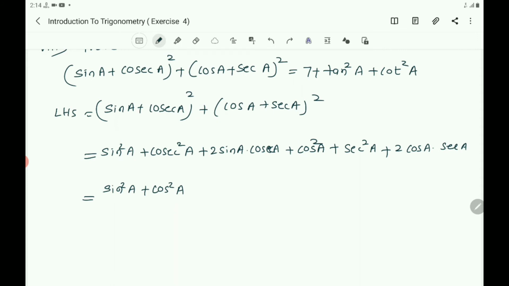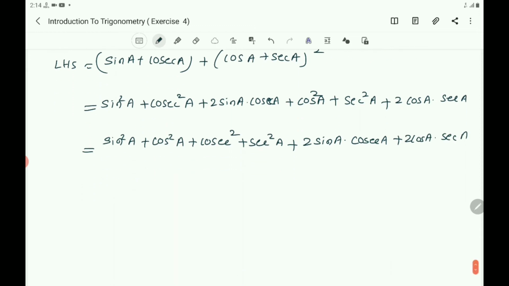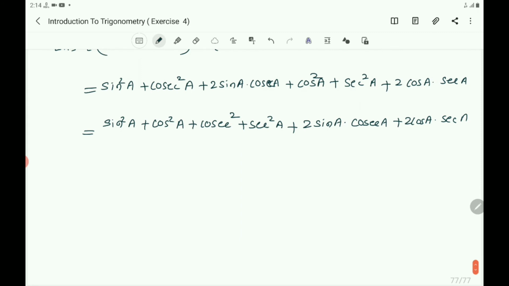Next you take cosec and sec together, plus cosec square A plus secant square A plus 2 sin A into cosec A plus 2 cos A into secant A. Then that equals,